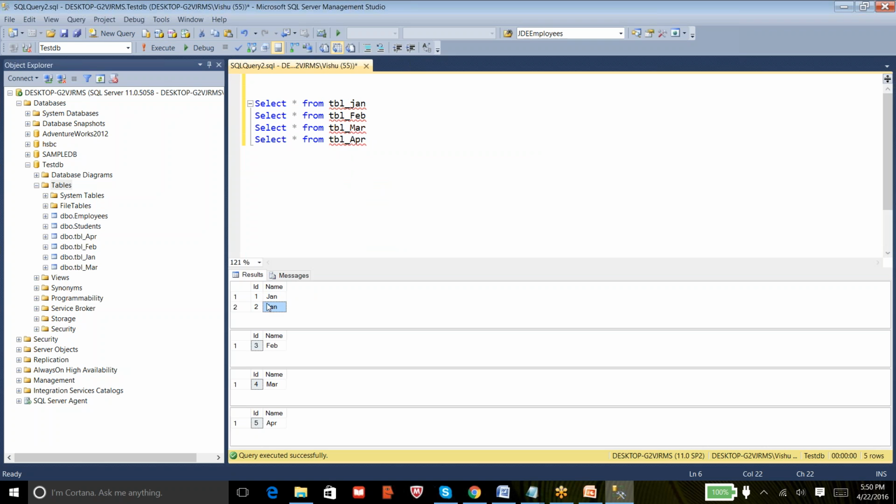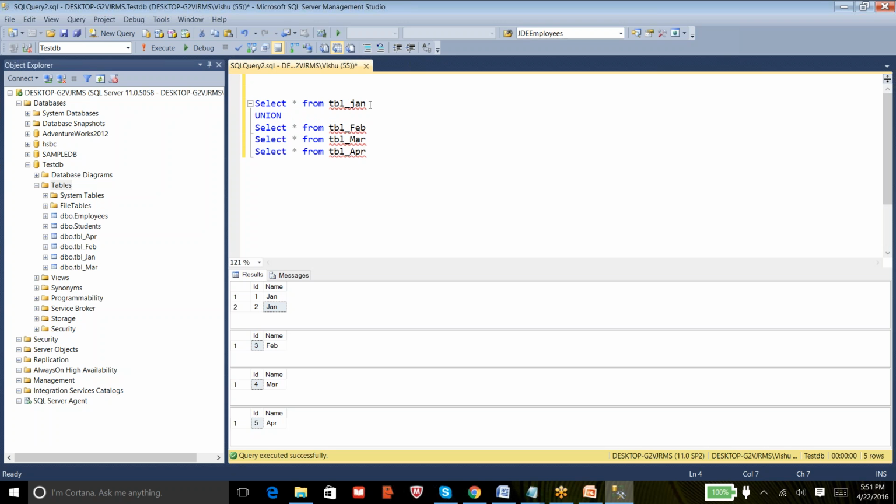For jan it is giving one result set, and for feb, march, and april all different sets. I need all these to be shown in one result set, so that for the user it seems to be a single table. So how can I do that? With the help of a command called union all. You can use union, or you can use union all.